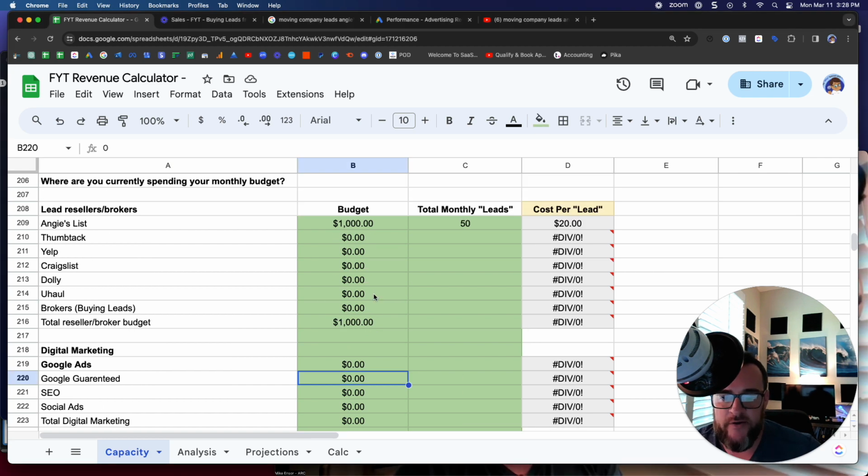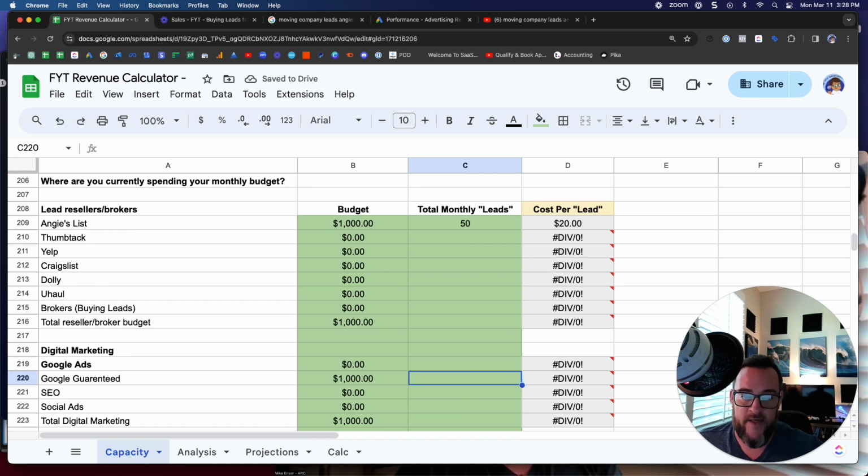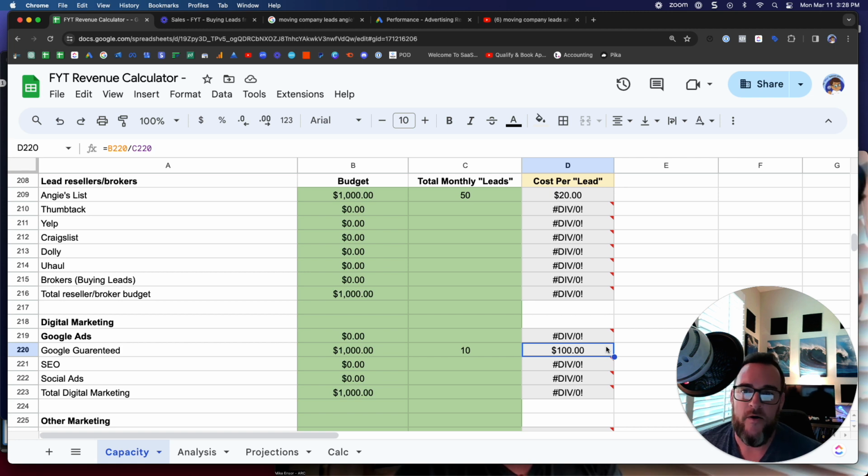As far as Google Guaranteed goes, I really don't recommend a budget less than $1,000 a month, and I'm going to explain to you why that is. Because Google Guaranteed cost per lead is about $100. You used to be able to get leads on Google Guaranteed for $50, $60 a lead, depending on where you're at. Google's increased their prices, whether that's Google artificially increasing the price or there's just more competition using